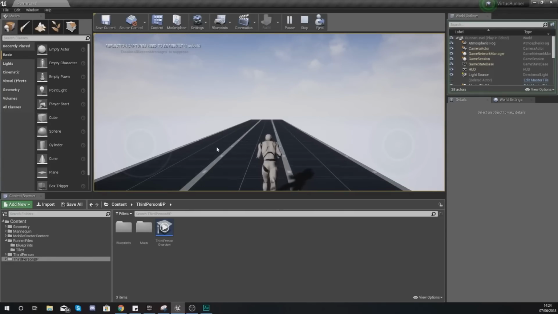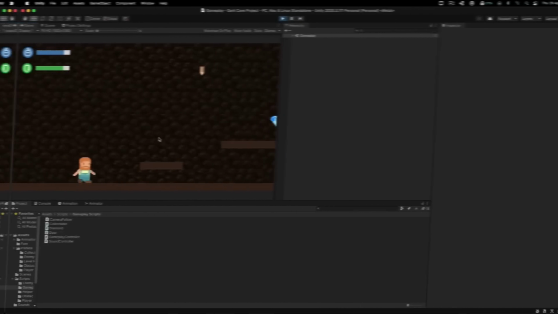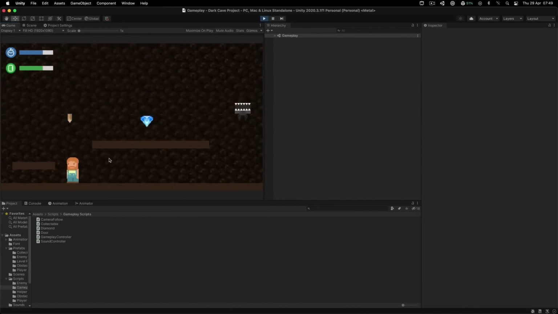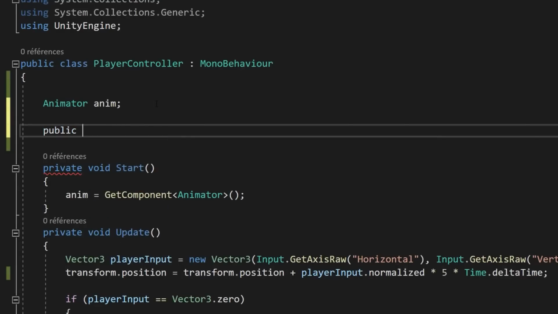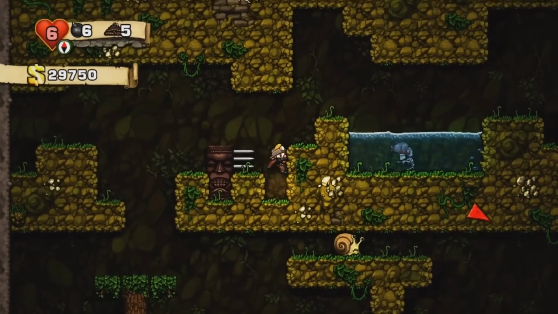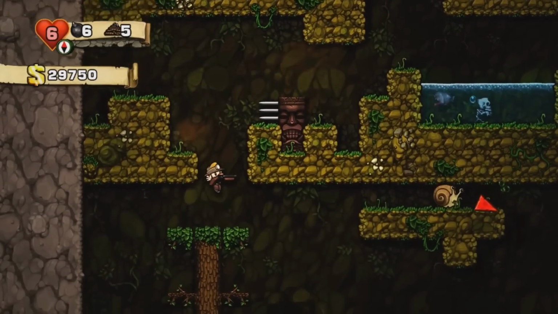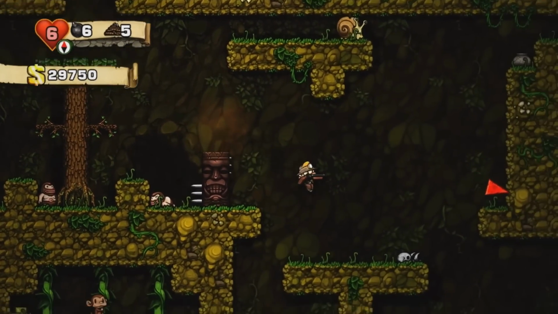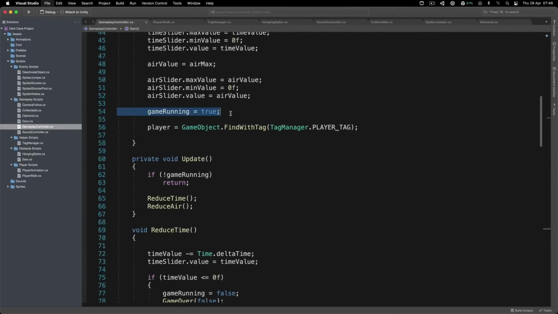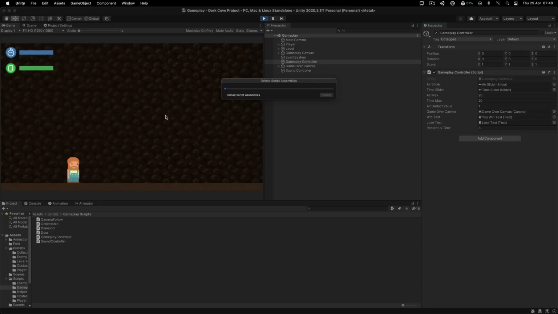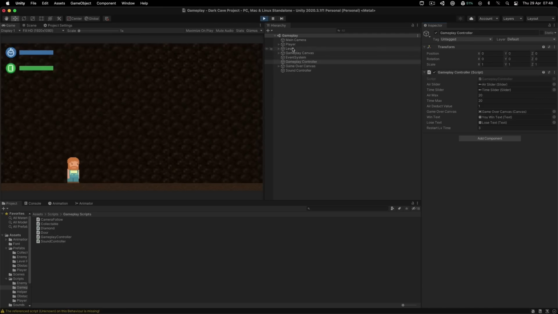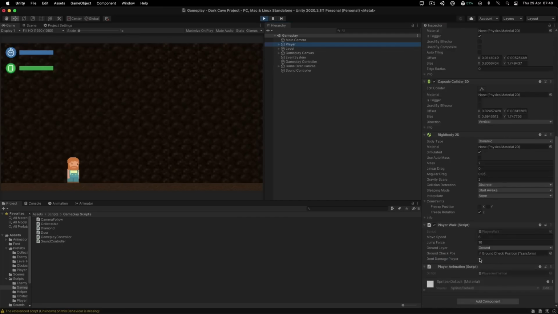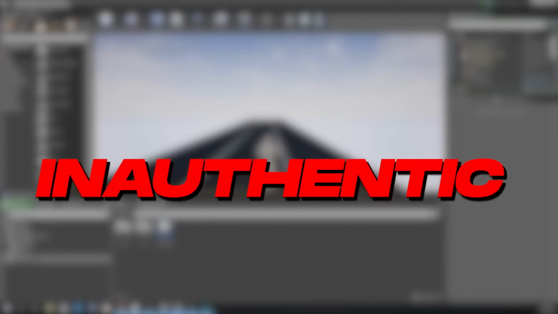This is a situation that many aspiring developers find themselves in on a daily basis. They find that their success is dependent on there being a tutorial available that fits their needs perfectly, rather than solving the problems themselves. The truth is, game development is hard, and in order to be a great game developer, you need to solve problems. It's not the case that if you just keep going through these tutorials, you will face every possible problem and learn every possible solution. In fact, learning this way is not learning at all. It's actually known as inauthentic learning.